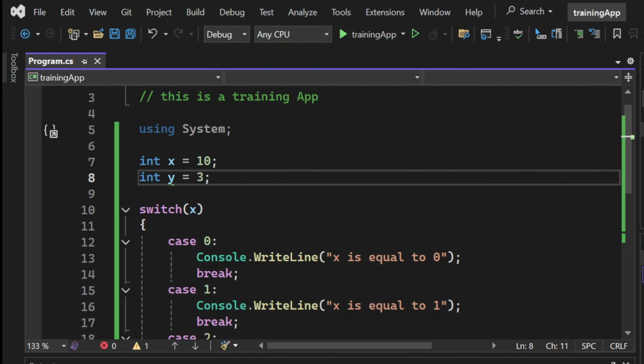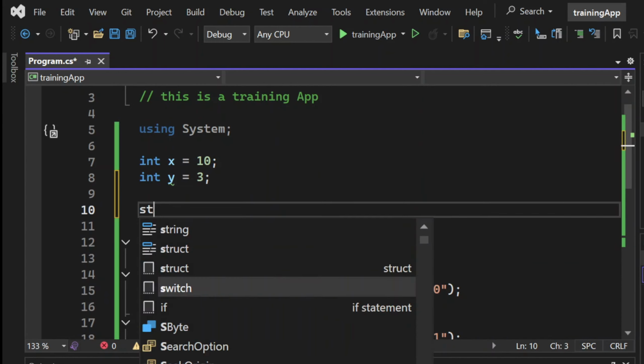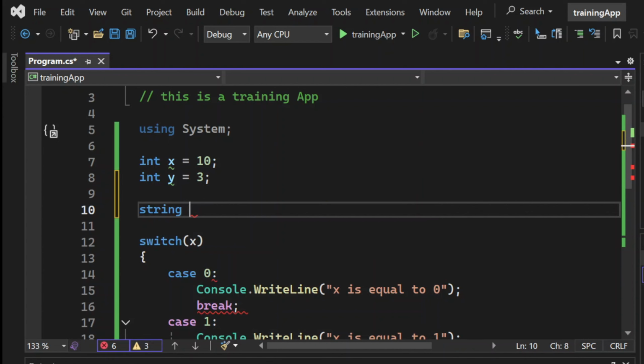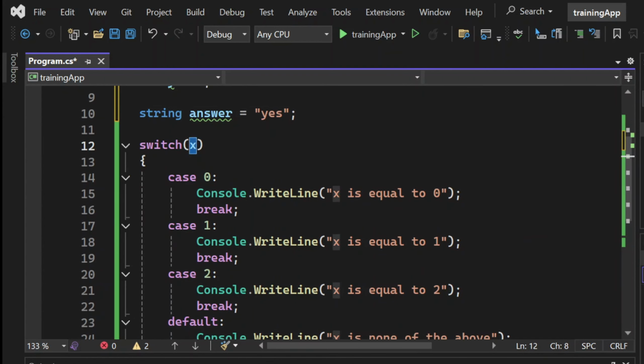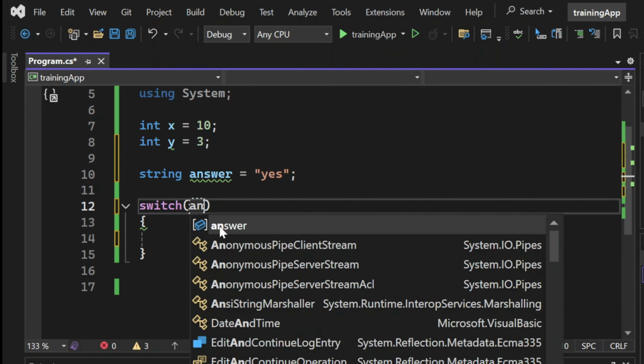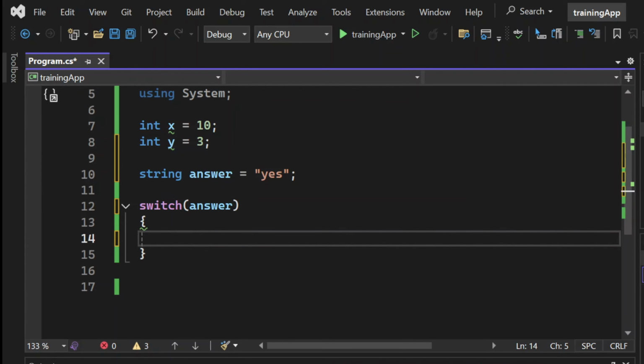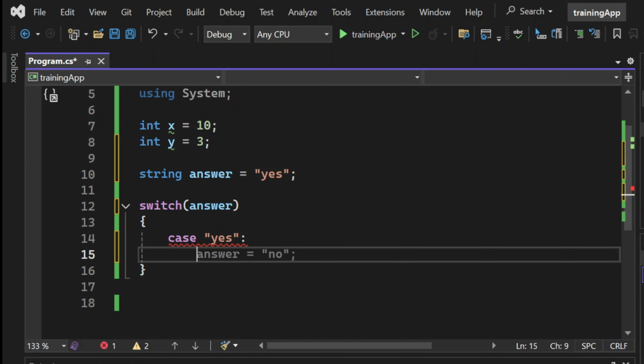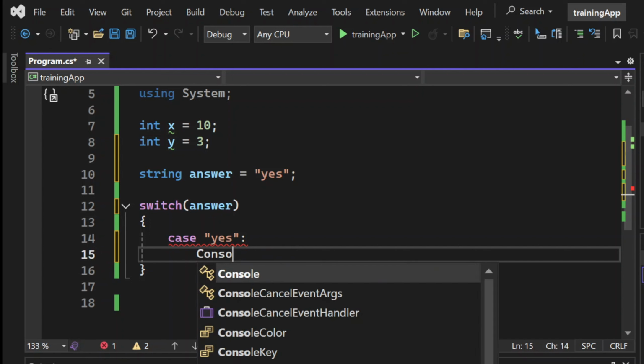Let's say I have a string value, string answer equal to yes. So we're going to change the switch statement to switch on answer. If answer equals yes, then you said yes. If answer is equal to no, you said no. Otherwise, it would be a default case. And you see, IntelliSense in C# helps me. Console.WriteLine,